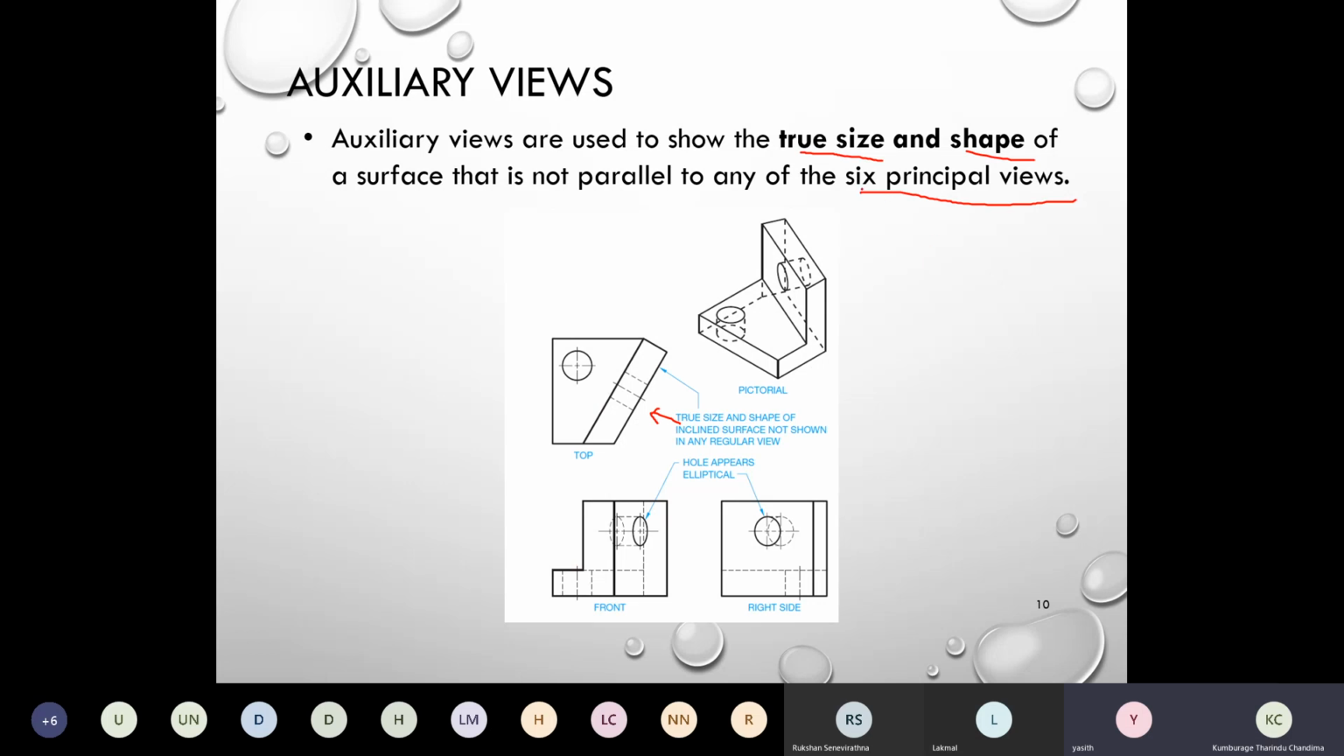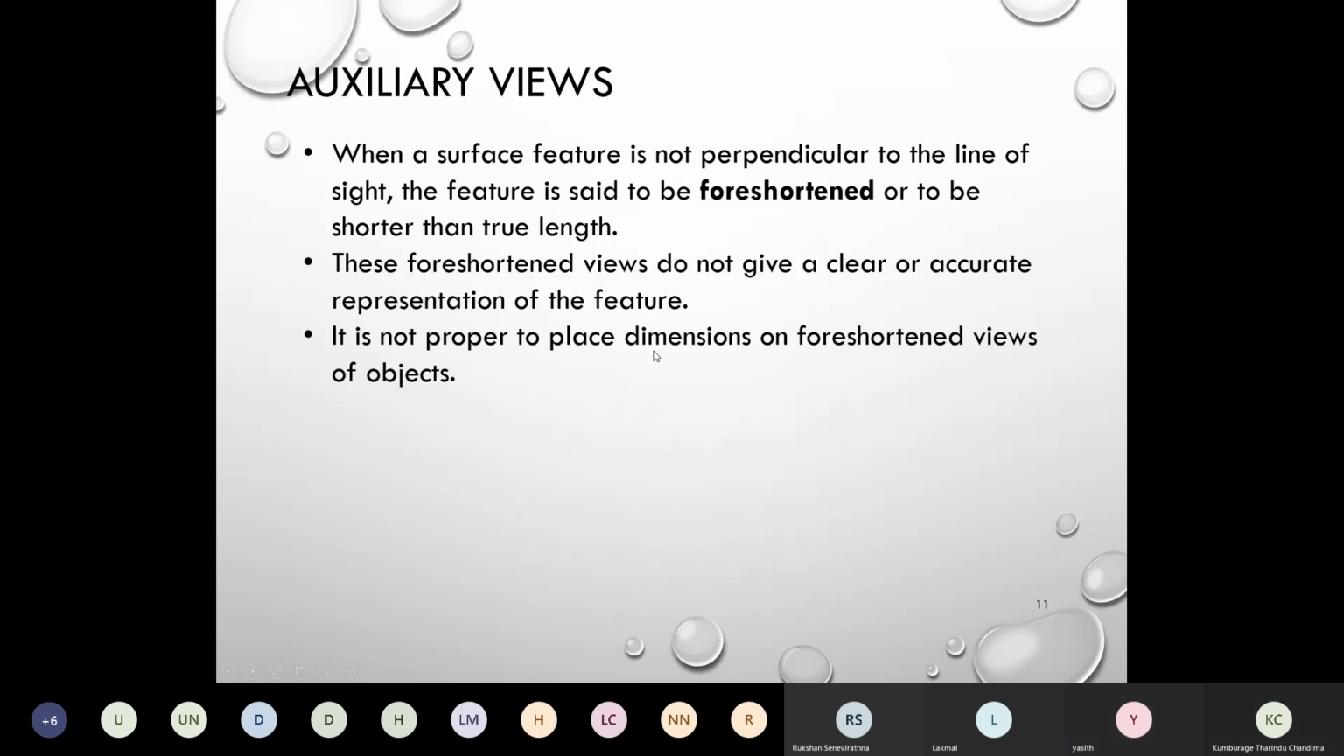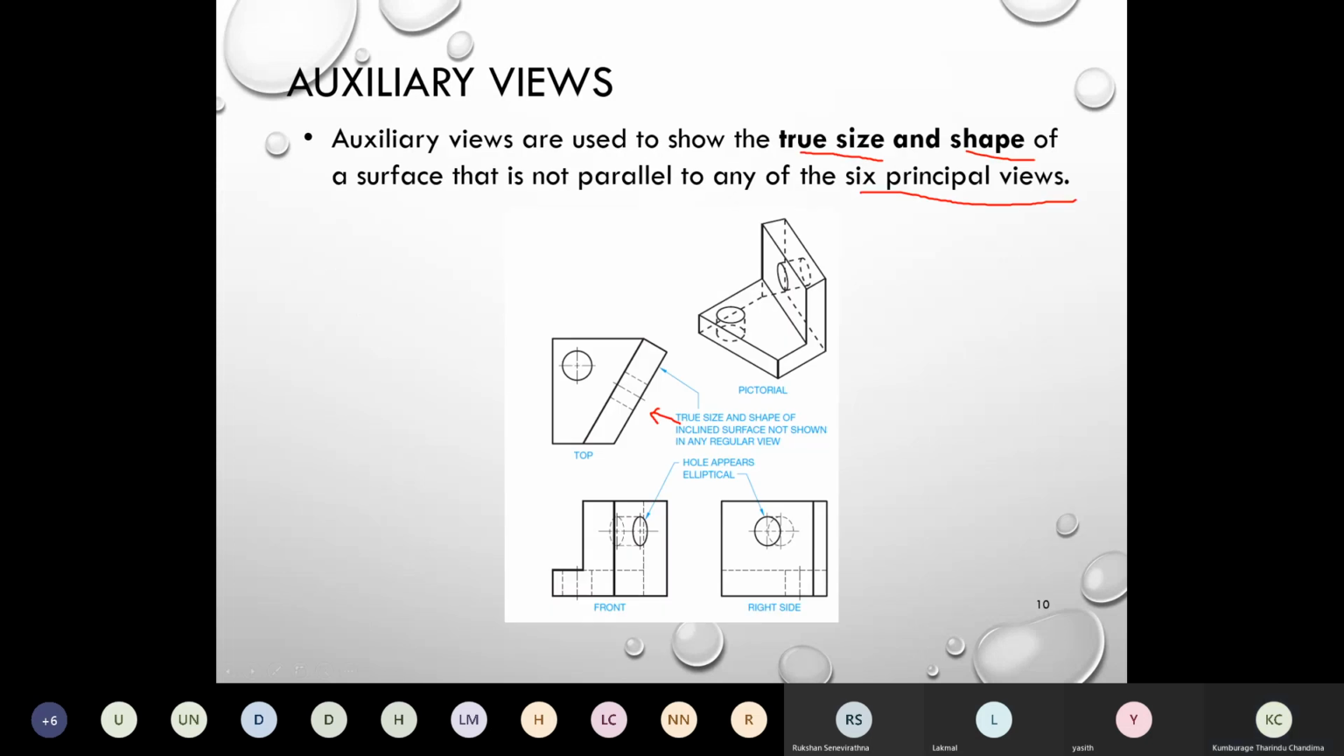So all the six principal views cannot give the true size and shape of this surface, right? For an auxiliary view, when a surface feature is not perpendicular to the line of sight, the feature is said to be foreshortened, or shorter than the true length. If you closely look, not only this circle